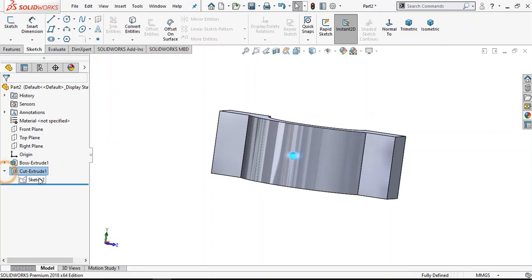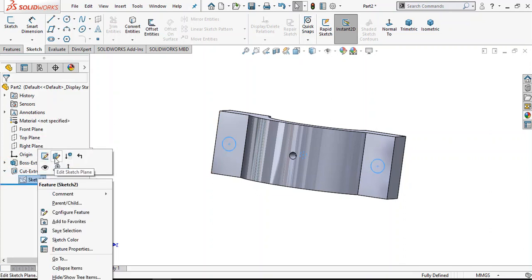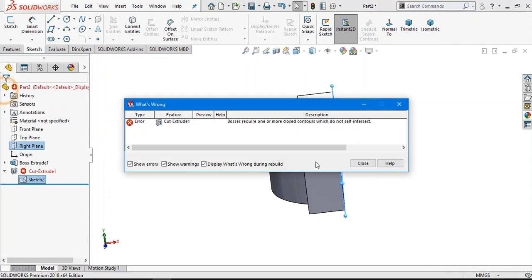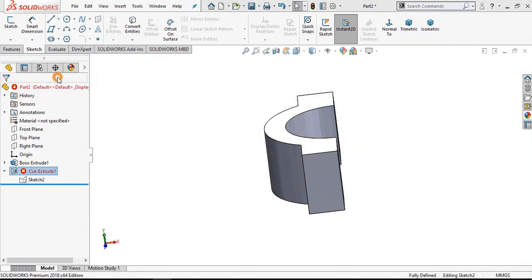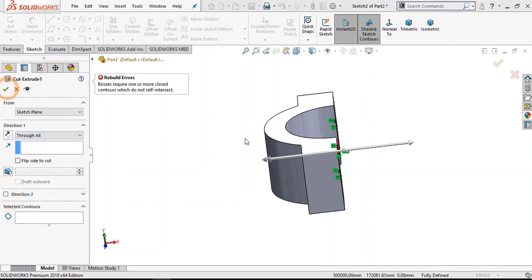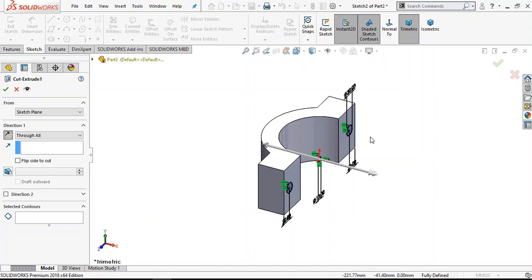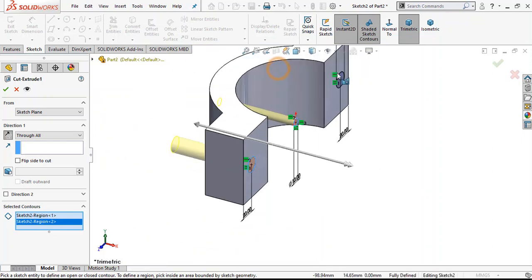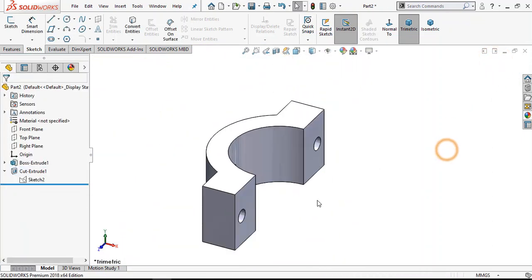Change the go to here and select edit sketch plane. Drop this menu here and select right plane. Okay. Now edit the feature. Keep direction through all only. Okay.